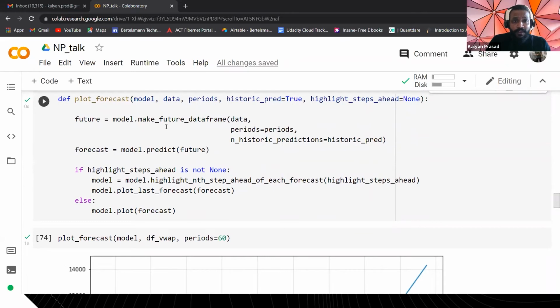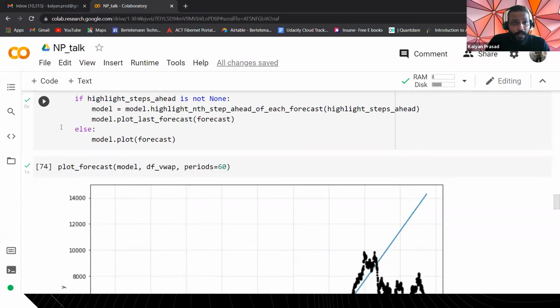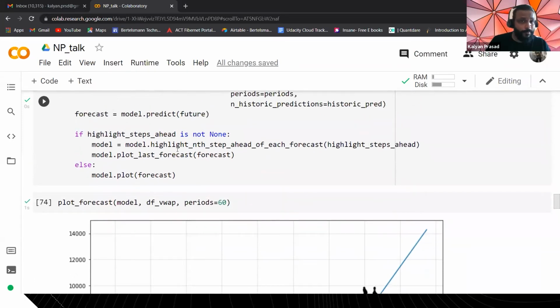There I am creating my future data frame, where I am passing my data, periods and historical_predictions. Then I am passing my future data frame to the predict function so that it will return the forecast. And I have also written a quick conditional statement here, because what this means is if highlight_steps_ahead is